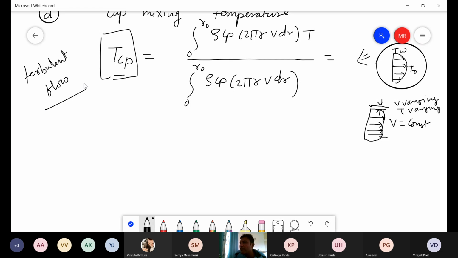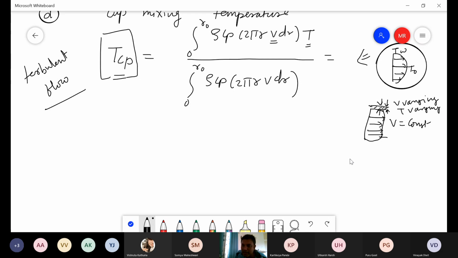Okay, but we are just calculating for the sake of calculation, because the calculation becomes easy, because the velocity distribution we know, temperature distribution we know. So we can calculate analytically. The bulk temperature we can calculate here analytically, which is not possible in a turbulent flow. In a turbulent flow, we can only find out this bulk temperature by measuring. Why? Because the variation in temperature as well as the velocity will be lying only in this small